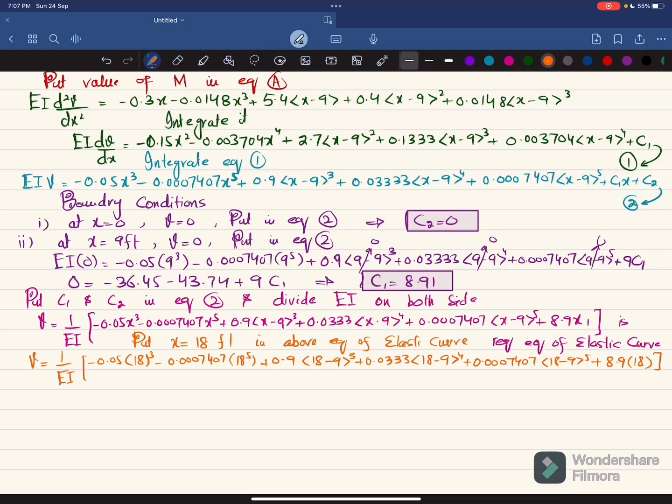So when you solve this, you will get this V, that is displacement at C, will be equal to 1 over EI